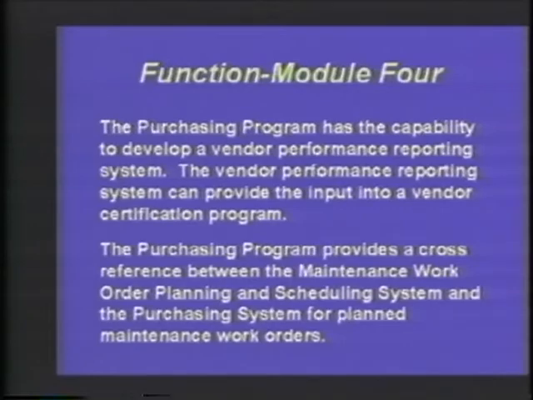And as I've indicated earlier in this seminar, where we have maintenance work orders that are planned and we issue purchase orders for those specific planned maintenance work orders, we're going to cross-reference the purchase order number to the maintenance work order number and cross-reference the maintenance work order number to the purchase order number. And this provides the closed loop of information between the maintenance work order planning and scheduling system, the inventory system,